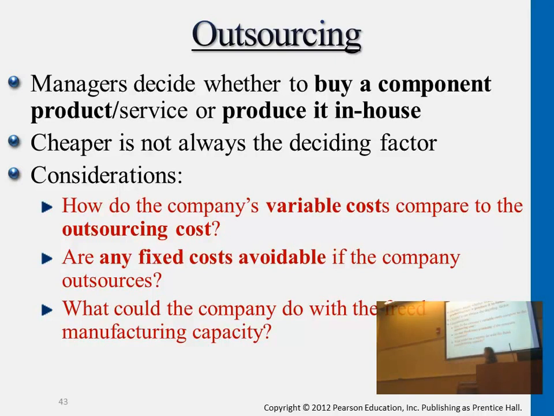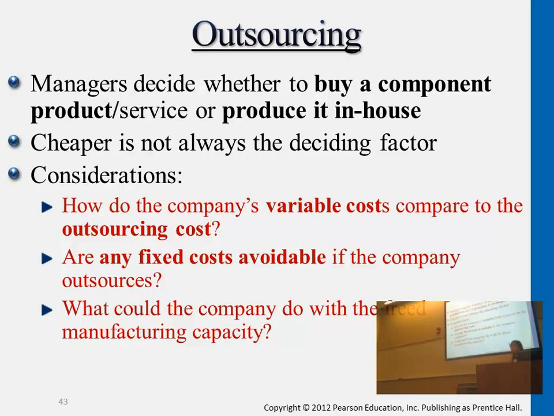Besides this, we also need to consider opportunity cost, meaning that if we don't outsource it, of course we need space, we need machines, we need labor, altogether these manufacturing costs. Now, if we do outsource it, besides paying the money, we may have free space. We may have freed up machine hours, freed up labor hours. What do we do about them? If we're able to use this free space to generate more products of other kinds, then the profit we're getting there also needs to be considered.